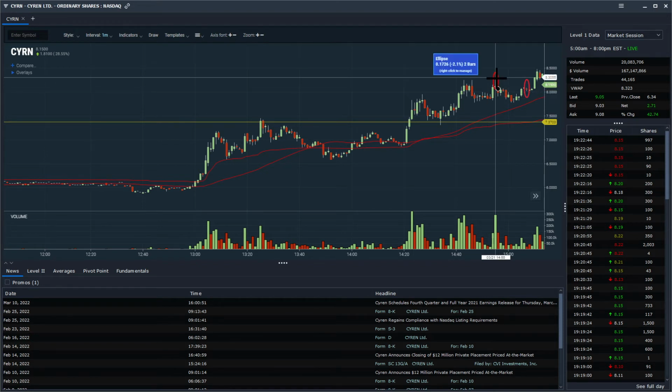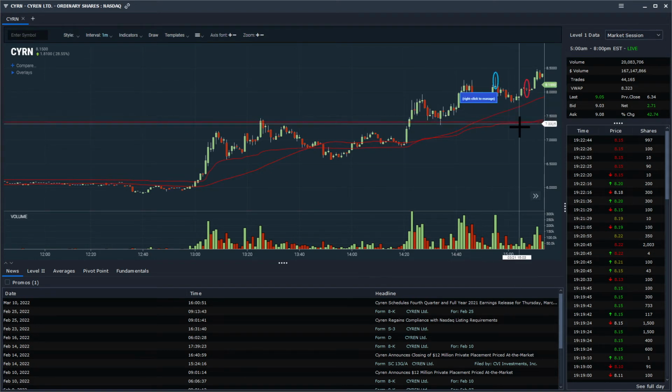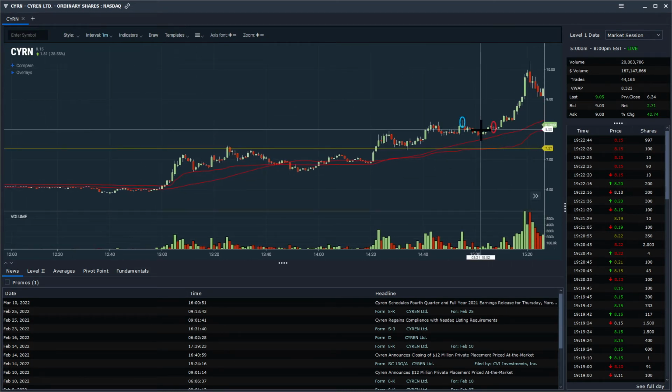So I buy in because even though it's extended quite a bit, I think the reward is still worth the risk. So I buy in, risking the yellow line. So if it comes down to the yellow line and breaks it, that's when I'm going to get out. And then I sell here for completely